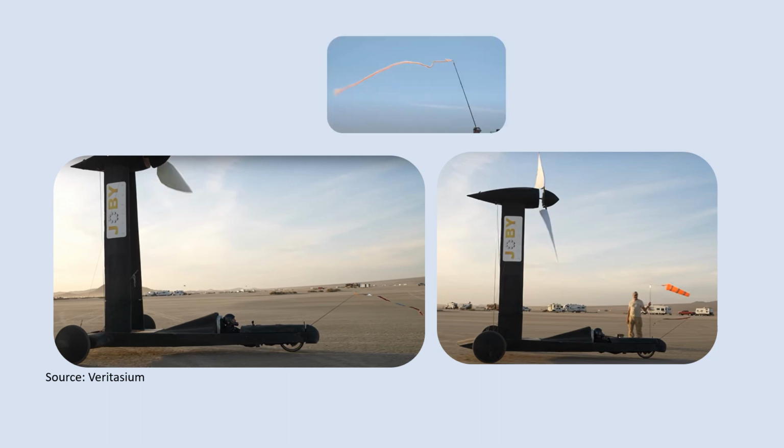A telltale was connected to the front of the car. The direction of the telltale indicates the direction of the wind as felt by the driver of the car. When the car is moving downwind slower than the wind, the wind appears to the driver as coming from his back. When the car is moving faster than the wind, the wind appears to come to his face, from the